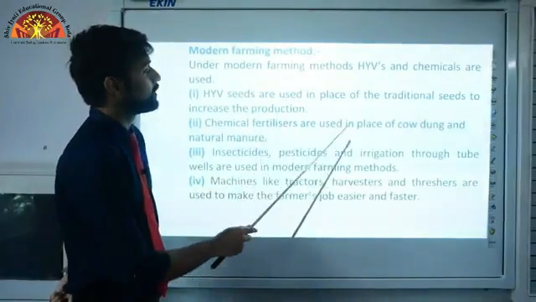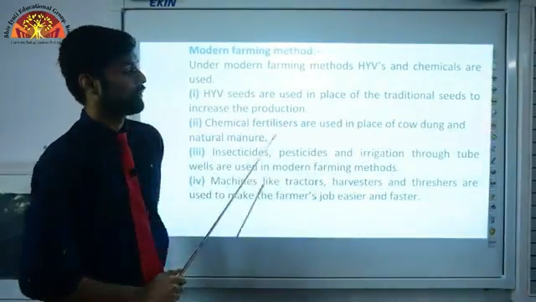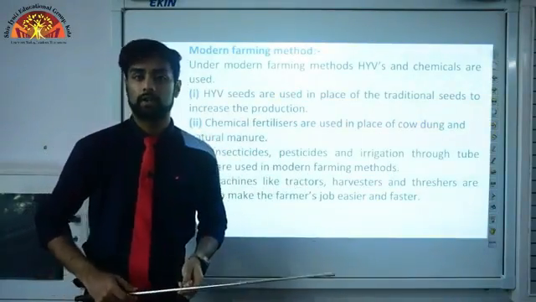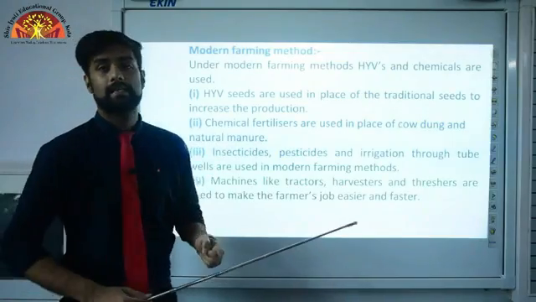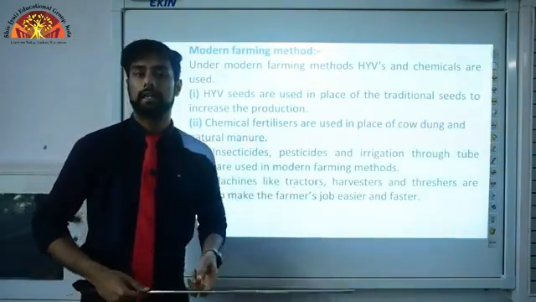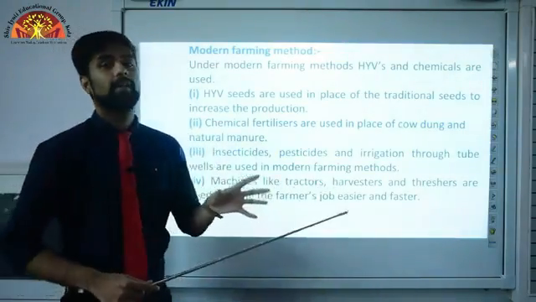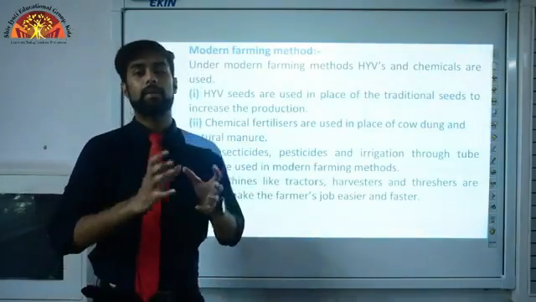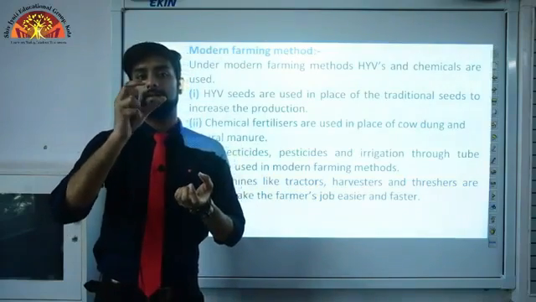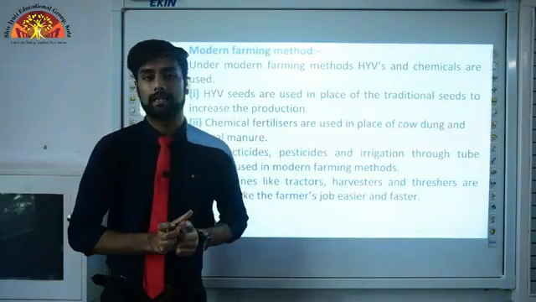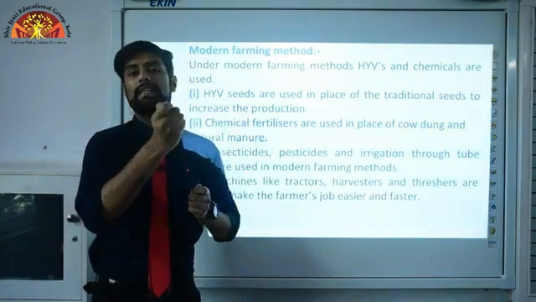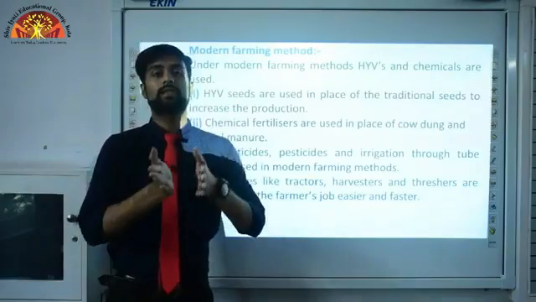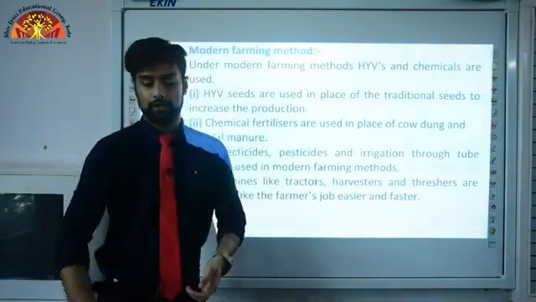Chemical fertilizers are used in place of cow dung and natural manure. Earlier people used to use cow dung and natural manure, okay, as fertilizer for their crop. But nowadays we have chemical fertilizers, okay, phosphate fertilizer, urea fertilizer and so on. Okay, what farmers do today is they take a sample of a land and they take it to the laboratory. Okay, वो अपनी ज़मीन का एक मिट्टी का एक सैंपल लेते हैं, उसको लैब में लेके जाते हैं and then they figure out which chemical is lacking. Okay, which chemical is deficient in my soil and then they use that chemical fertilizer to increase production of their soil.